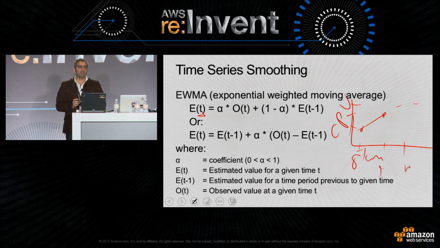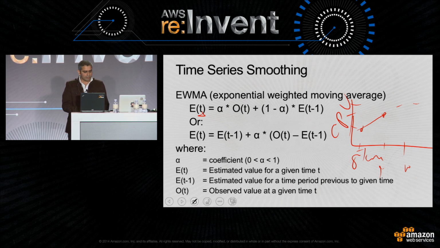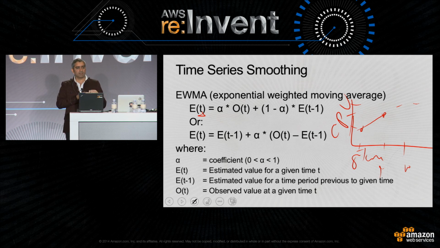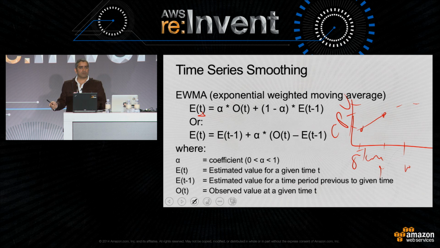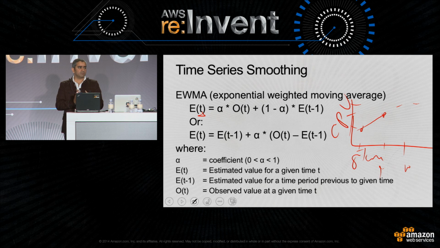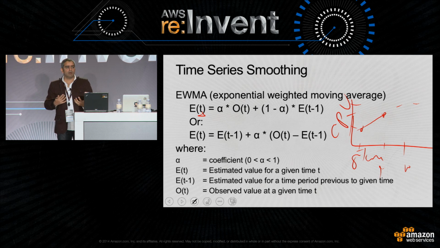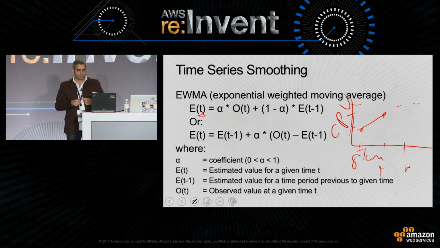But in the first case, when we're trying to implement this method, we don't have an estimated value at a particular time given, right? Because you haven't computed it yet. The alpha is the coefficient as I talked about. It has to be between 0 and 1. The higher the value, the sooner you forget the past. When you compare with your current existing workload, it will look very robust, but it's not actually, because if you use another workload, it's not going to give you good performance. So you have to strike a good balance. That's why machine learning is not an exact science like physics. It also depends on you, what parameters you push in.